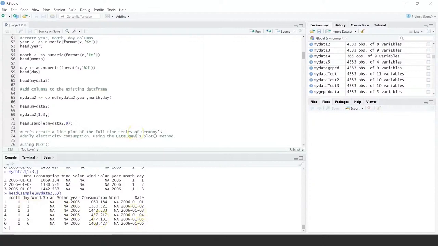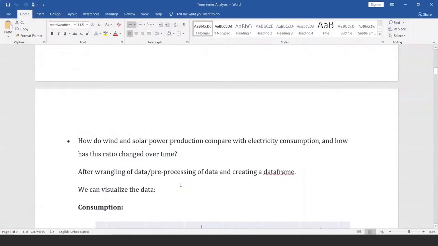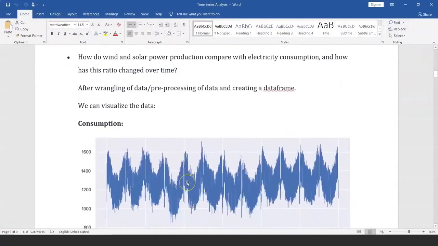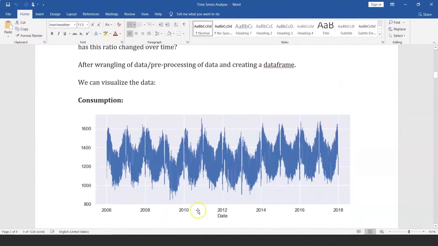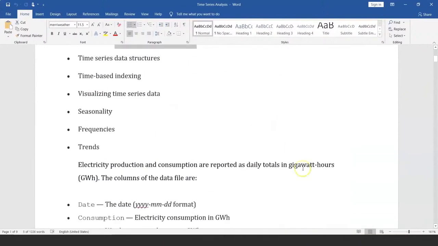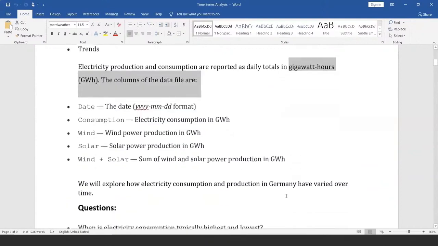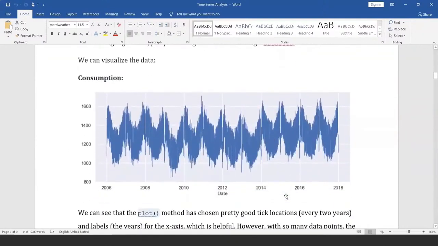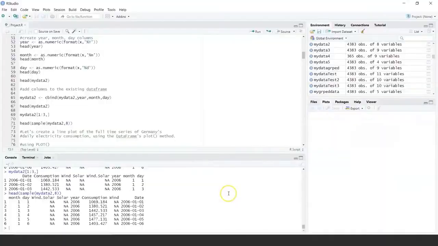Now, what we can do is we would want to visualize this data. We would want to basically understand the consumption. Now, as I said, if we want to visualize the data, say for example, I want this, which is consumption of data over years. And this one is in terms of gigawatt hours, as we were mentioning here. So if I would want to create this visual to basically understand the pattern of the data, how do we do it? So we can create a line plot of the full time series of Germany's electricity consumption using the